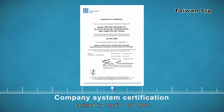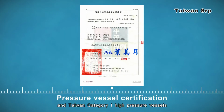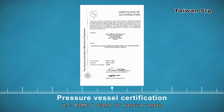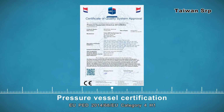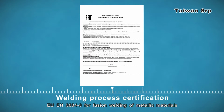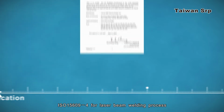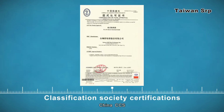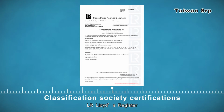Certified by Lloyd's, ISO 9001 and ISO 14001 standards, and Taiwan Category I high-pressure vessels, along with other accreditations including U.S. ASME U stamp for pressure vessels, EU PED 2014/68/EU Category 4H1, EU EN ISO 3834 for fusion welding of metallic materials, ISO 15609-4 for laser beam welding process, Taiwan CR, China CCS, Norway DNV, Germany GL, LR Lloyd's Register,